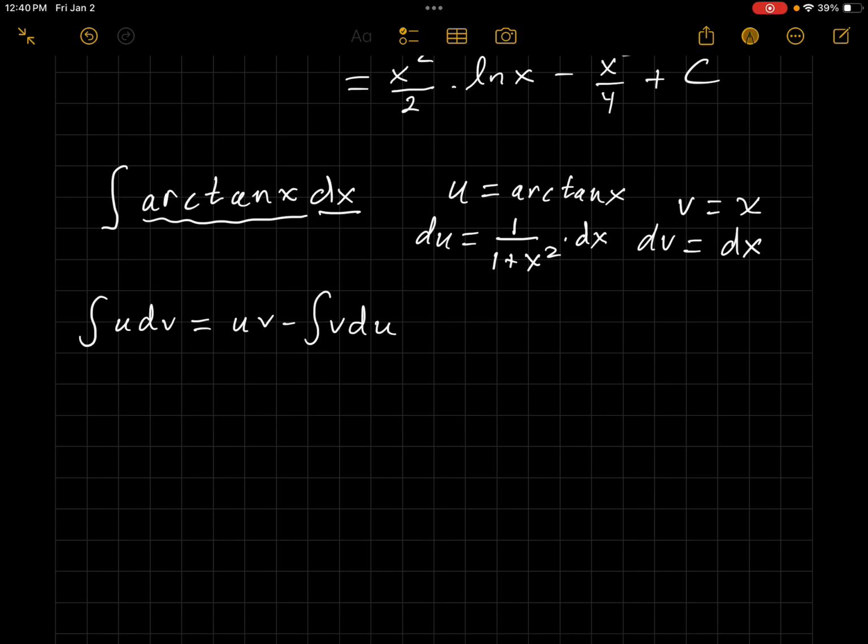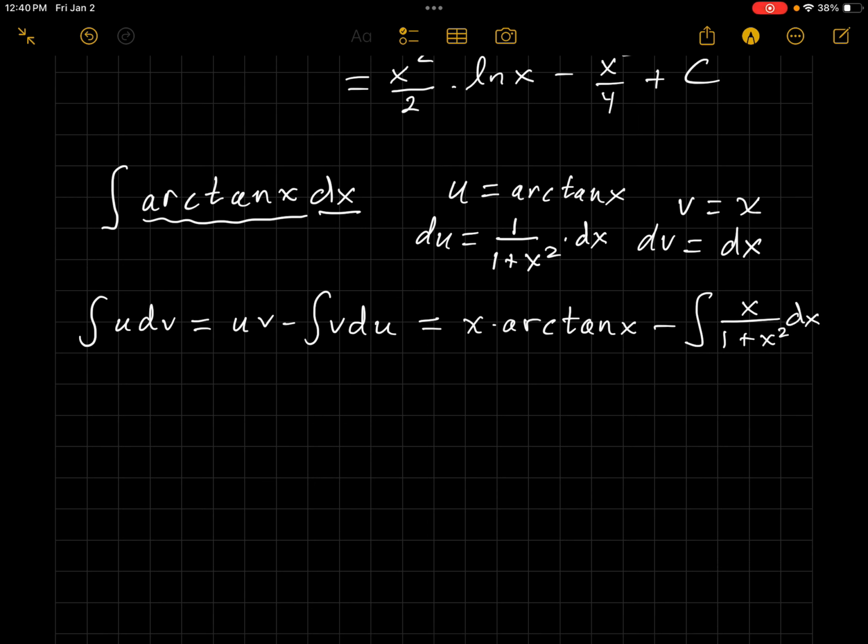Integral of u dv is uv minus integral of v du, and then we can plug in u times v, I wrote it as v times u, minus the integral of v du,